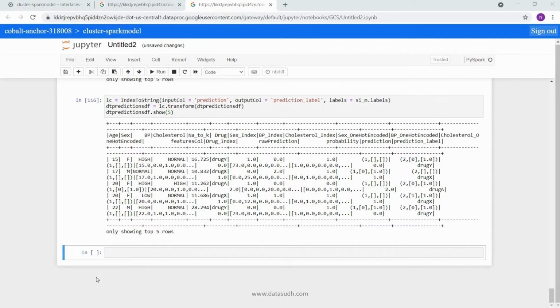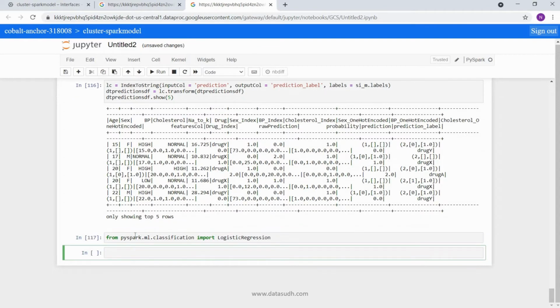Similarly, we are going to train our third model, that is logistic regression classification. For that as well, we are going to import the respective library: from pyspark.ml.classification import LogisticRegression. This is now imported. Again we will define inputs and algorithm-specific attributes.